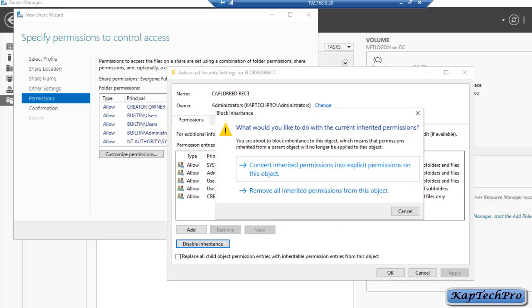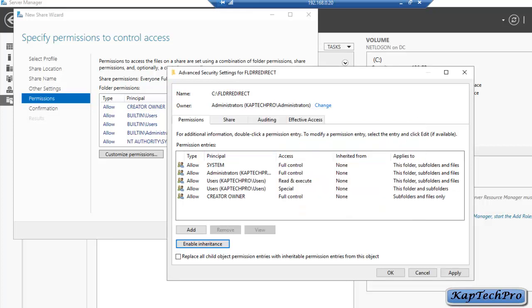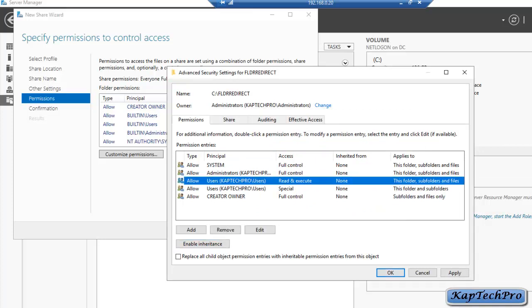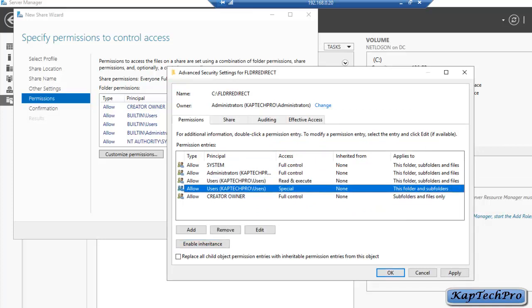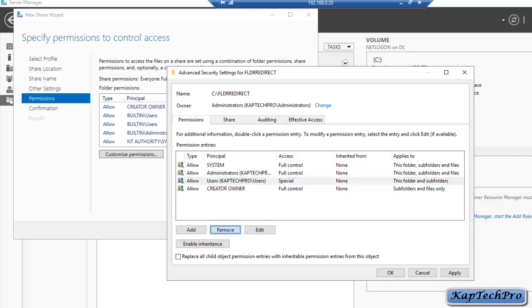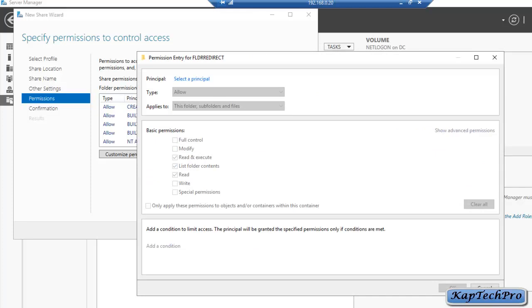Okay friends, so now we'll select convert inherited permission into explicit permission on this object. We'll select this, and now we'll select both the users. We will remove them, and now in order to add a security group, we'll click on add, and now in principal